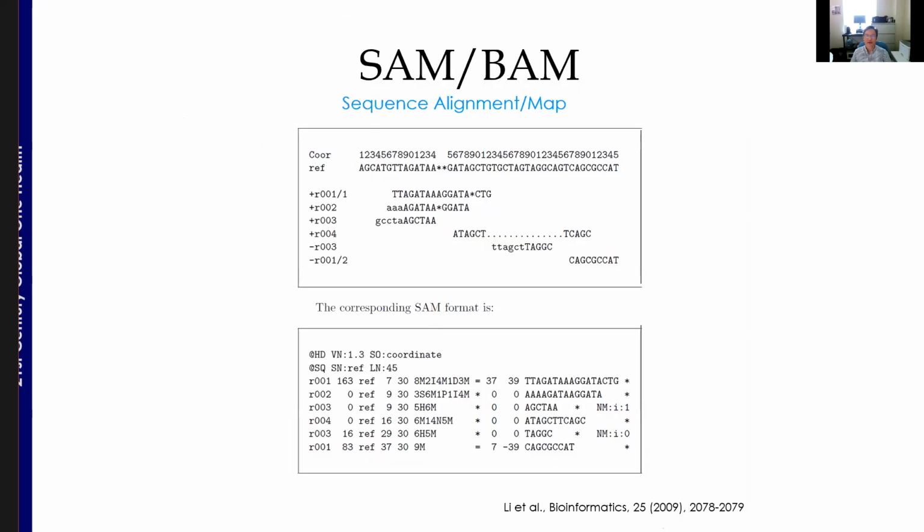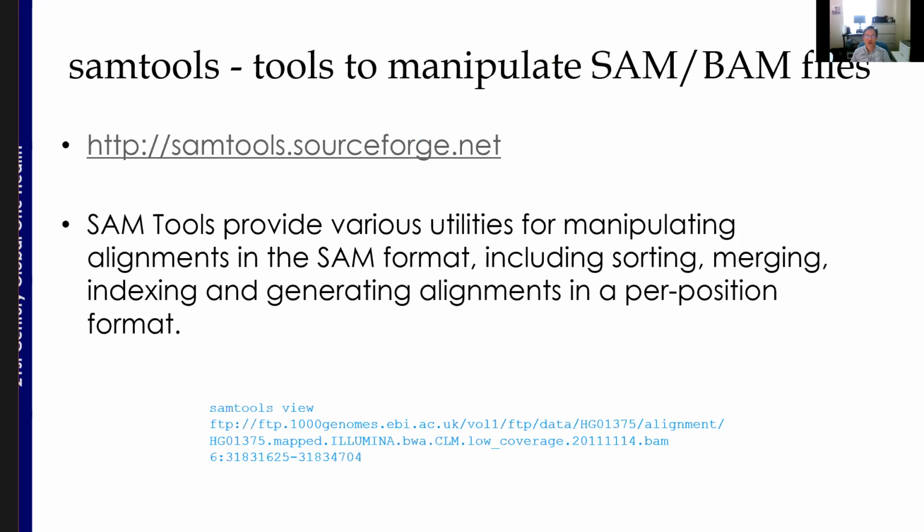Once you map the reads to the reference, that's the SAM file and the BAM file you will use to store this sequence alignment. That's a structure you don't even have to see, because there are tools, called SAMtools, computational programs to help you